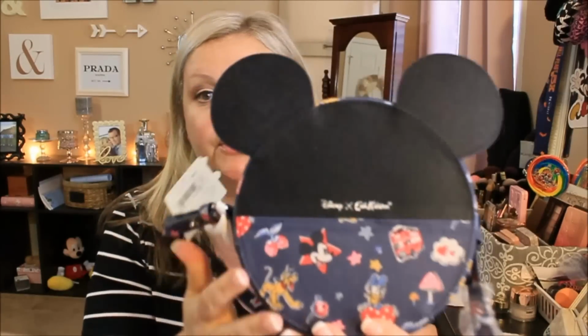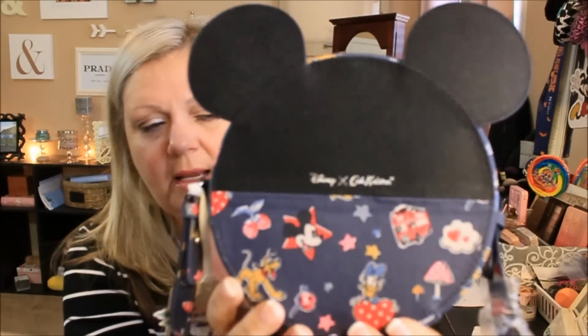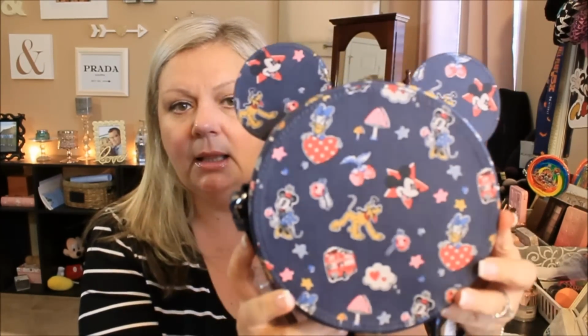Look at the detail first. Look at all of the detail on here. Mickey Mouse, Minnie, it's so cute. Donald Duck, Goofy's on here. All little hearts. So cute. Absolutely love this. And then look at the ears. And then it's like a...